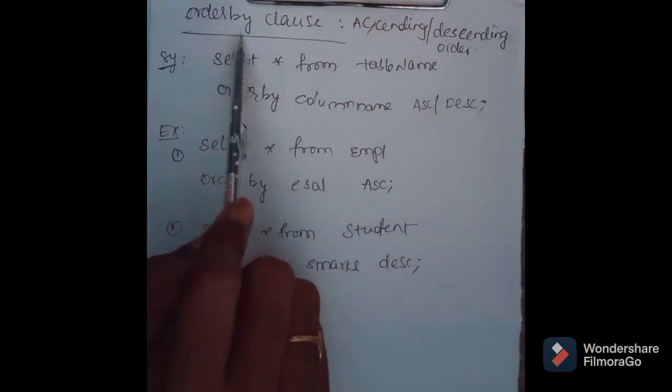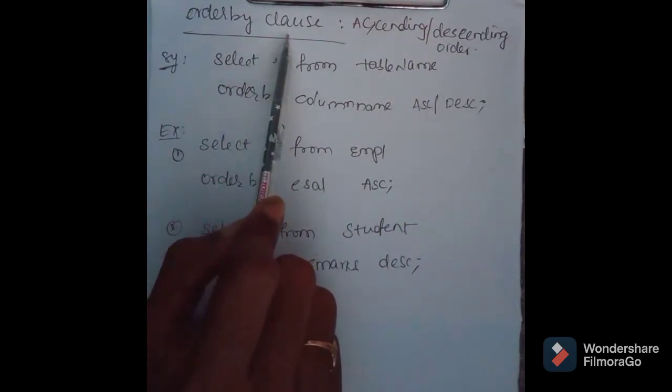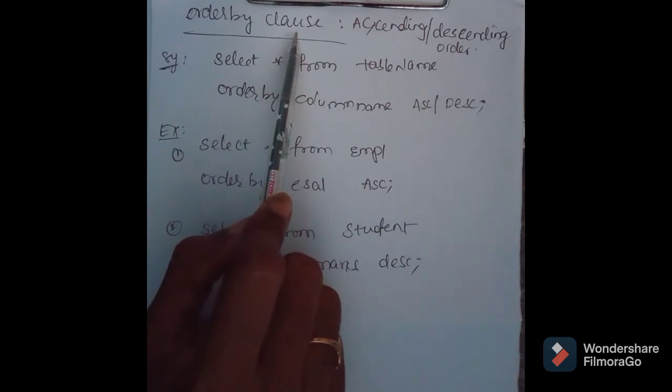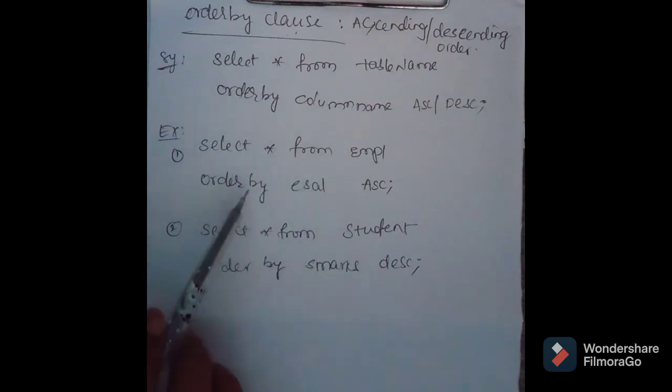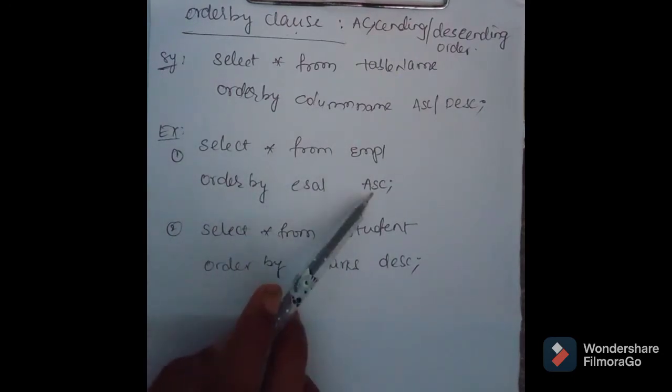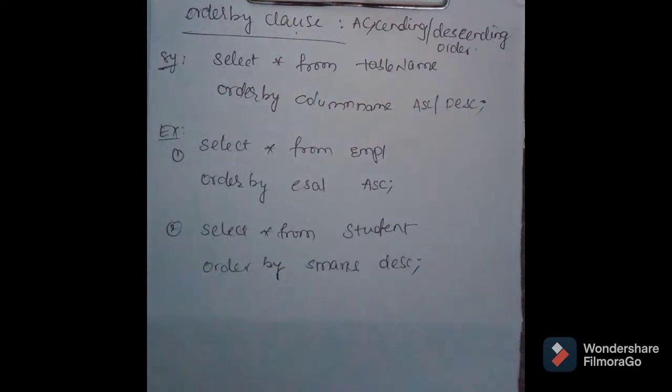Clear? So what is the use of the order by clause? The order by clause is useful to arrange the rows temporarily only, not permanently. Temporarily, for a while only, you can see these changes to the table, not permanently. For example, here I am writing a condition. Select star from employees order by e-salary ascending order. That means I want to display the employee salaries in increasing order. First 1000 rupees, then 2000, next 3000, next 3500, next 4000, next 4500. In this fashion, I want to just see.